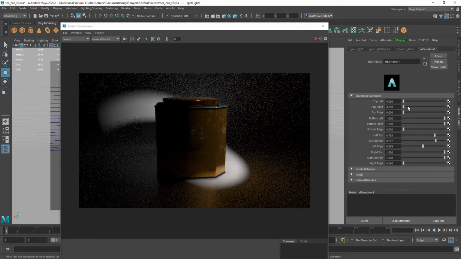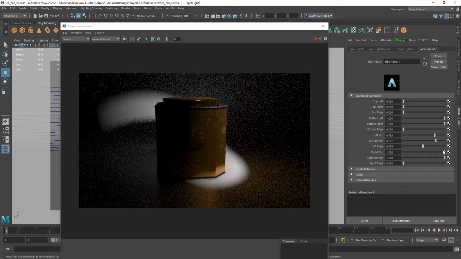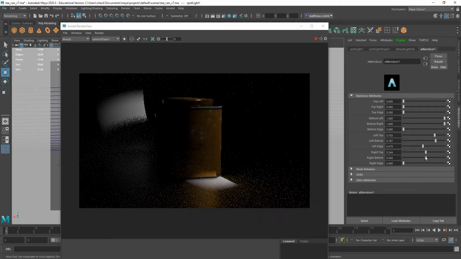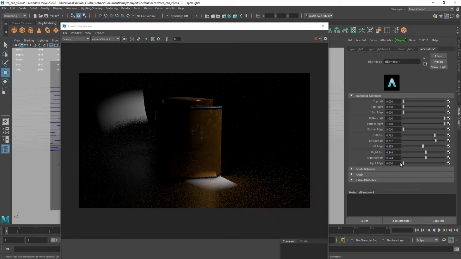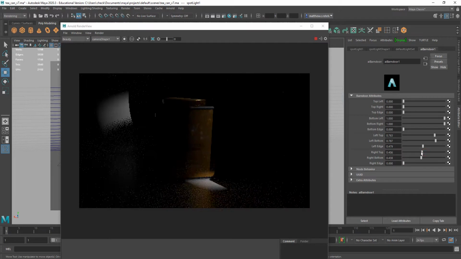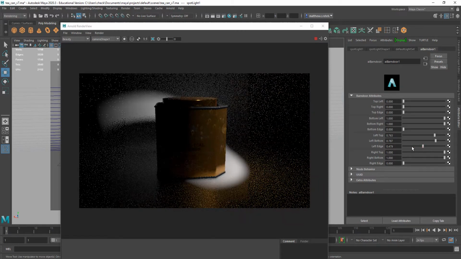I could bring in my right side, or pardon me, right, and I could more or less create the effect of light coming in through a doorway and hitting my T-can if I so desired. This isn't necessarily the best application of such a thing, but the power is there,